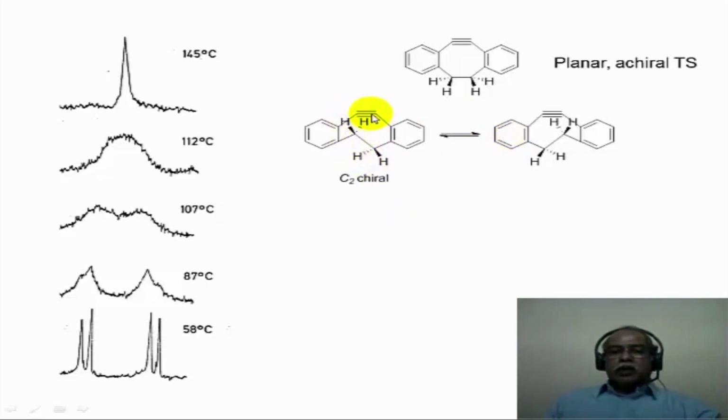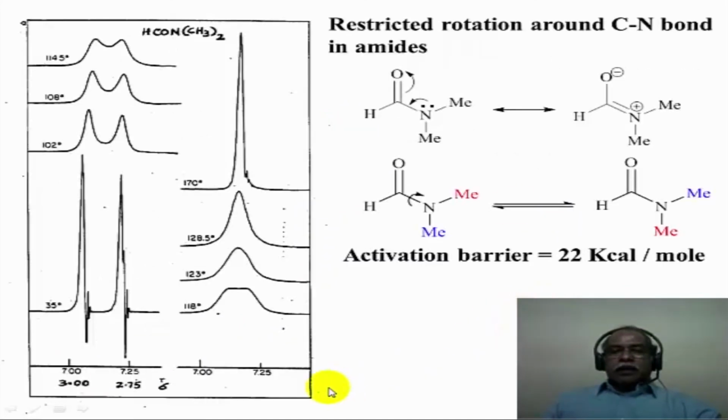Nevertheless, within the enantiomer, this CH2 would be a diastereotopic hydrogen, which is identical to this CH2 because of C2 symmetry. Such a diastereotopic hydrogen gives an AB quartet, which is nicely seen at 58 degrees Celsius or so. So at room temperature, when you measure the spectrum, this is what you are going to see, essentially an AB quartet for this molecule, because it is a chiral conformation that we are dealing with in this particular case.